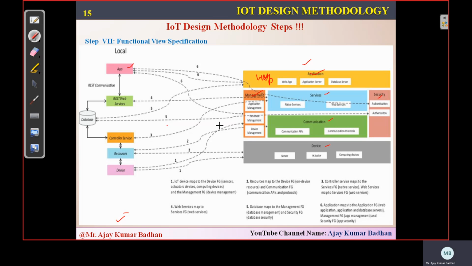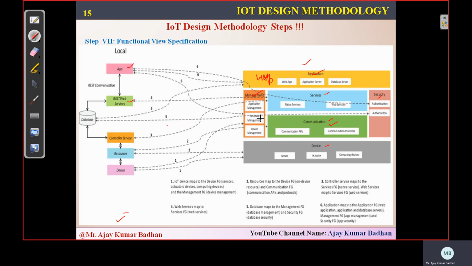So what we are doing exactly here is, we have seen these concepts separately. Now we are integrating and seeing how these are getting mapped with everything. If you say REST-based web application, we know this is a communication API. Communication API, where exactly is it here? So this will be mapped to this. Okay, and it is also mapped to the services. What are the services provided by this particular one? So native services means controller service. Web services are not provided using REST. Same way controller services are there, so it will be linked to the service. Okay, so the programs related to this we need to write here and map it up.